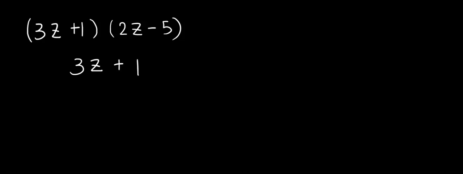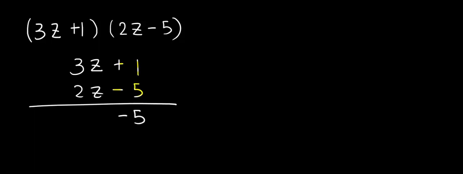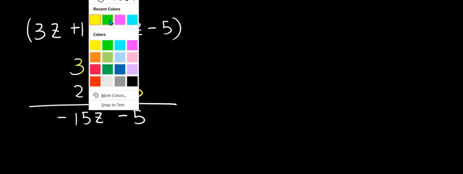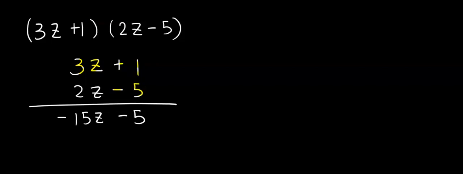3z plus 1, 2z minus 5. And I'm going to do negative 5 times 1. That's negative 5. Now I'm going to do negative 5 times 3z. That's negative 15z. Now I'm going to do, let me change the color, 2z times 1. That gives me 2z. I'm going to do 2z times 3z. That gives me